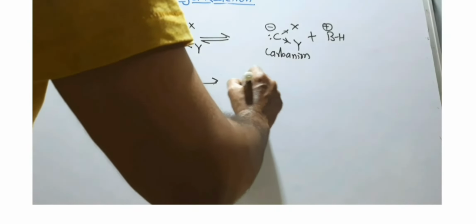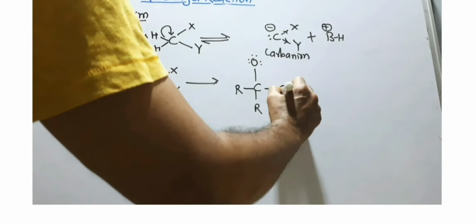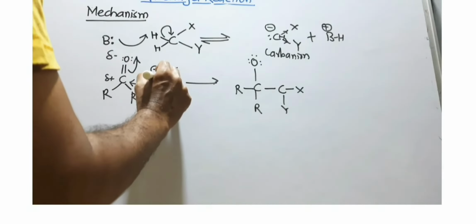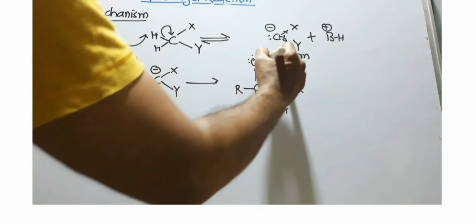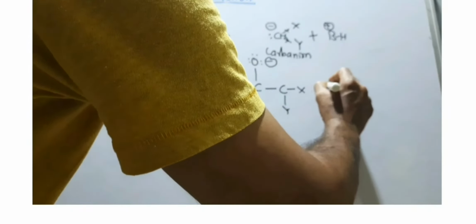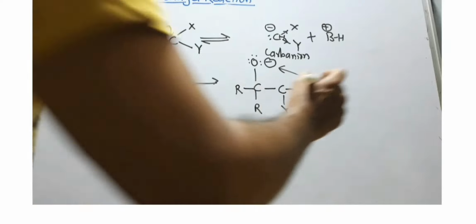And we get here an oxyanion. So three lone pairs now develop. One is coming from this pi bond, and X and Y is there. I forgot to mention one H is already there. Please note that this is a negative charge. Now what happened here? I'll write one step directly. This will take this proton from the base. Now this is the conjugate acid. From this conjugate acid, again this is an acid base reaction, and I'll get this hydroxy compound, OH.